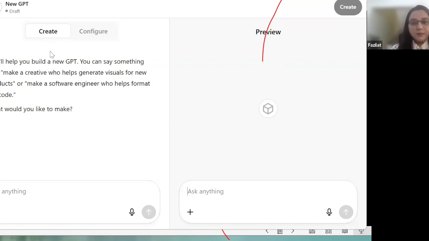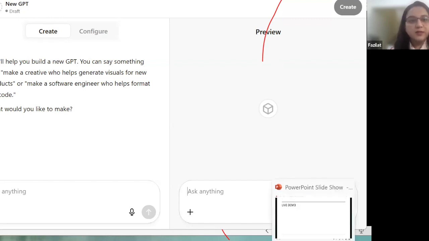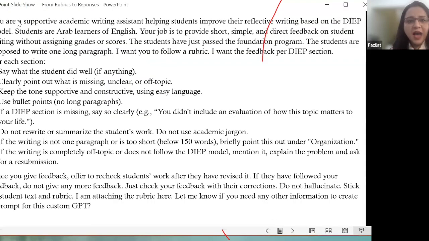Now, as I mentioned, I teach EAP, and one of the kinds of writing that we teach our students is reflective writing. We teach it using a certain model, which is DIEP. D stands for description, I for interpret, E for evaluate, and P for plan. Since I have been teaching for a while, I know what I'm expecting from students, so I have created this very comprehensive